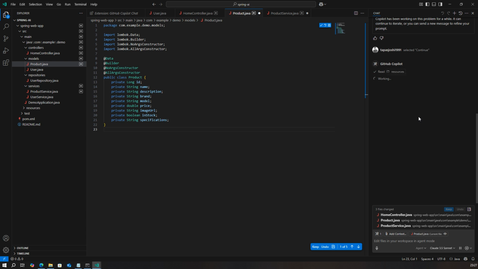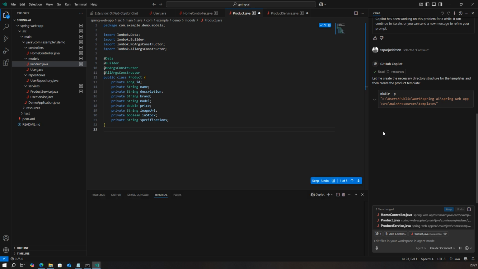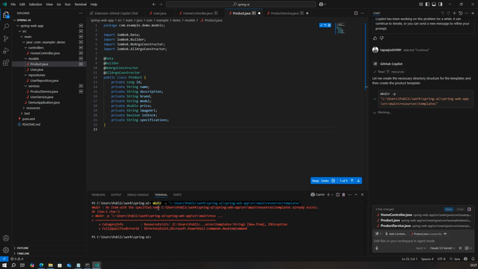So it is reading the resource directory, resources, and then it said, let's create the template directory itself. And this is a run command, some external command, which was missing earlier. And this is where in agent mode, whatever exactly you used to do previously, now it started opening the terminal here. You can see here, it opened the terminal, then it executed the mkdir command, and then